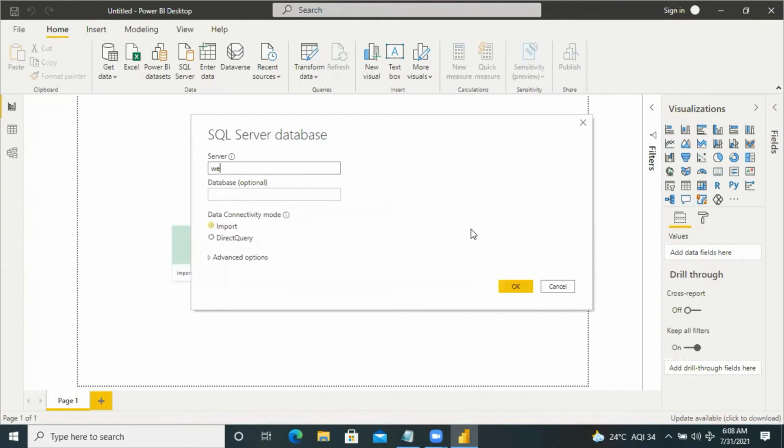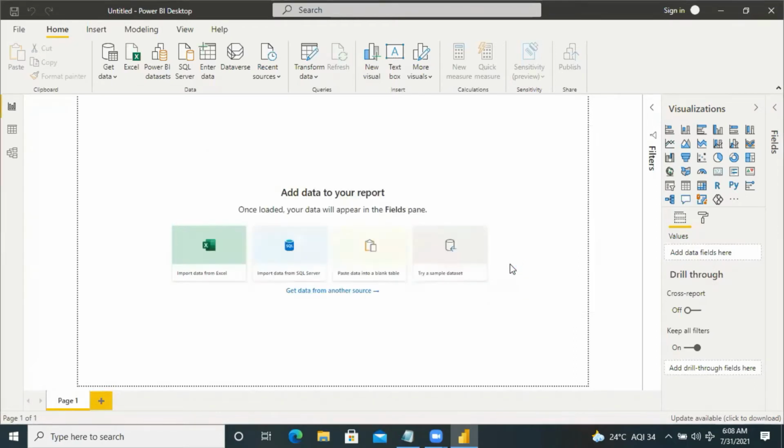When we load data from multiple sources or more than one table, the model will be created by the system itself. The relationships will be defined by the system itself: one-to-one, one-to-many, and many-to-many.